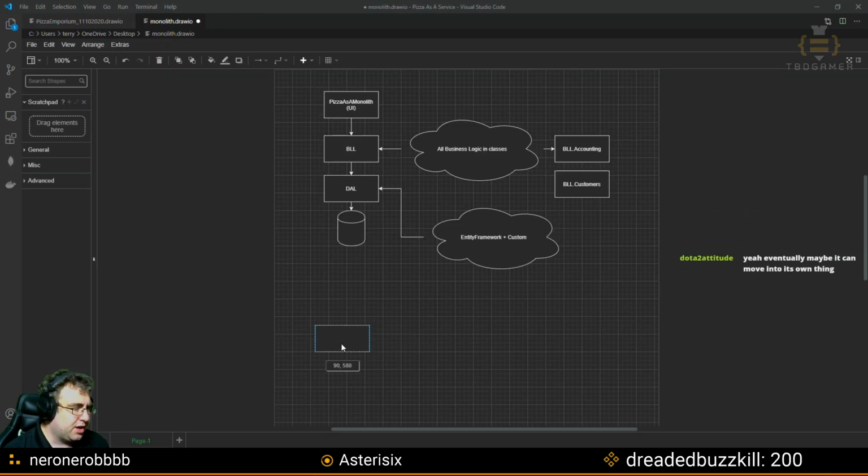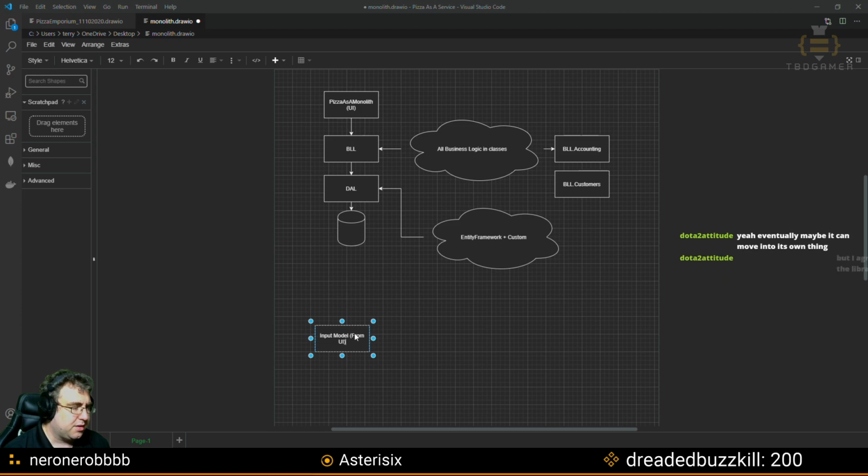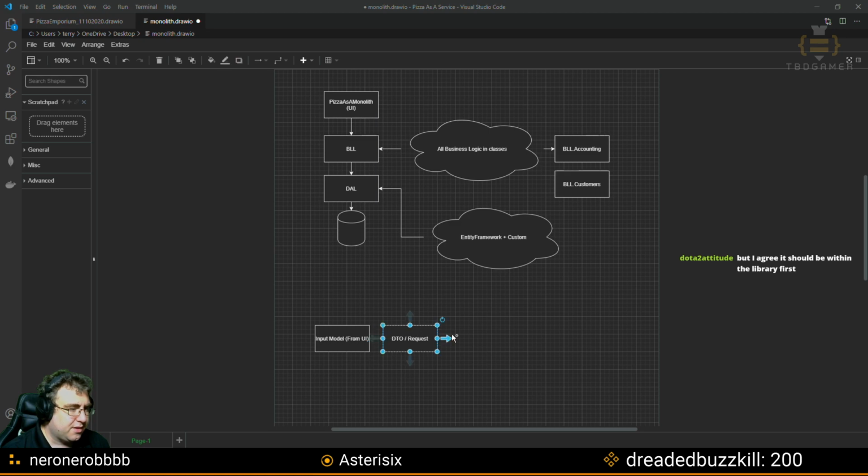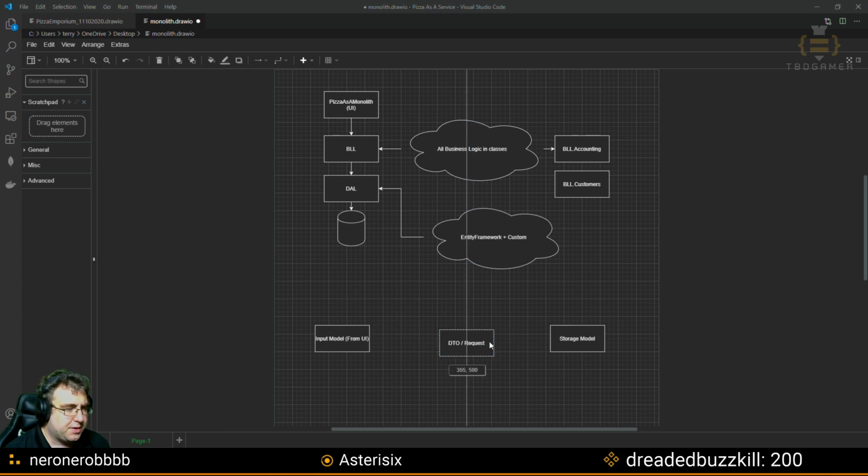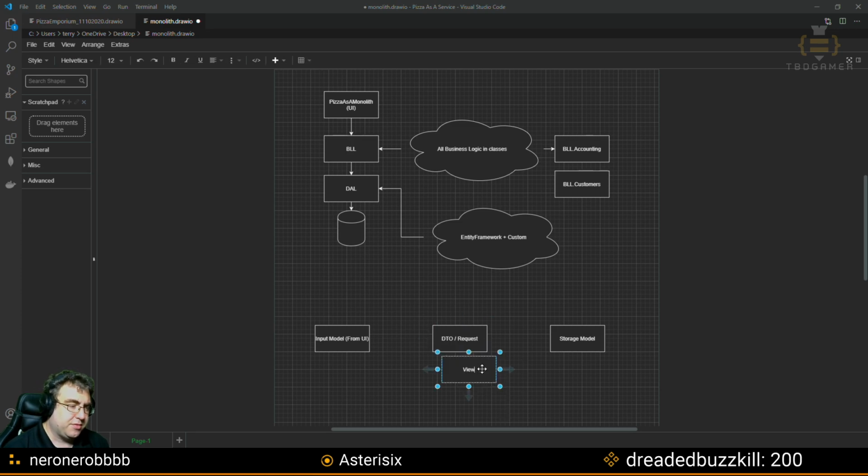You end up with an input model from the UI, right? And then you have a DTO or a request, and then you end up with a storage model, right? And then you end up with a view model,